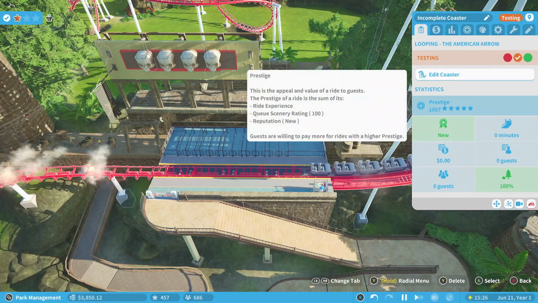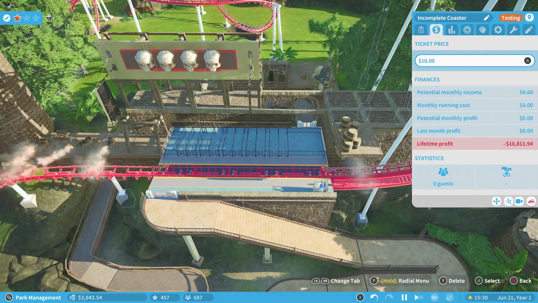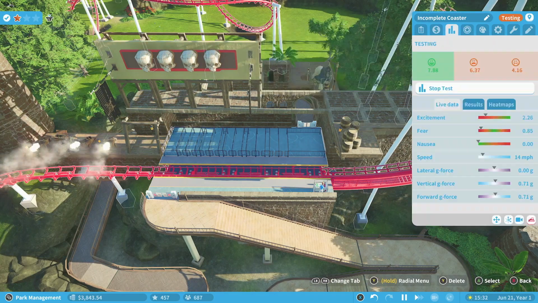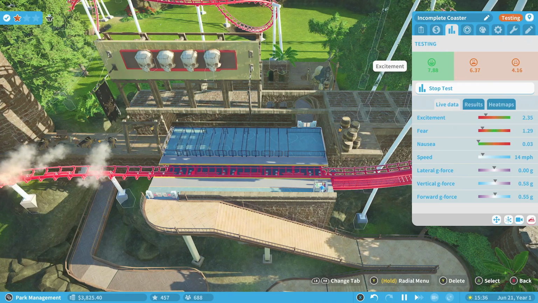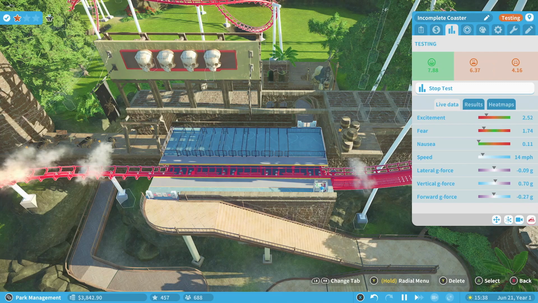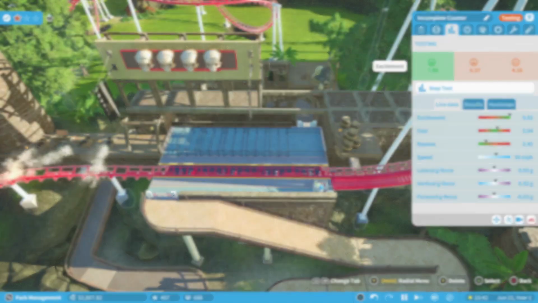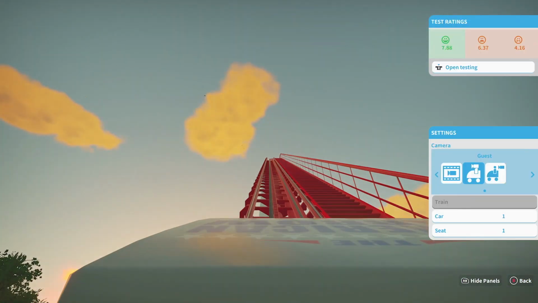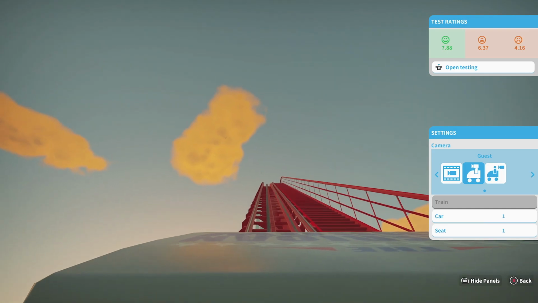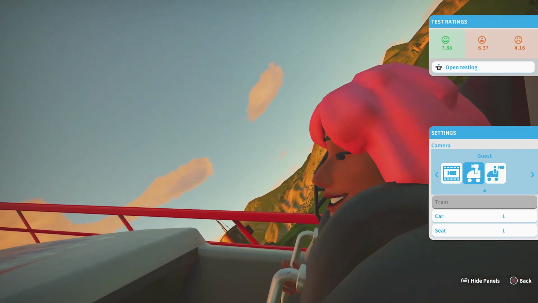Let's check out the rating. The prestige there is 5 stars, so that's good. That means a high ticket price. All right, so 7.88 excitement, 6.37 fear, and 4.16 nausea. I think those are pretty good ratings. As far as I've read, a 7.88 would probably be closer to an 8.5 or something in Roller Coaster Tycoon. It's kind of hard to say, but